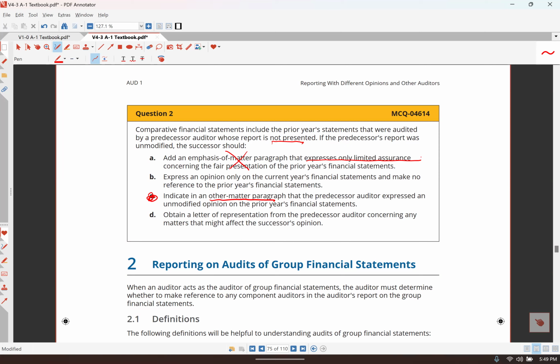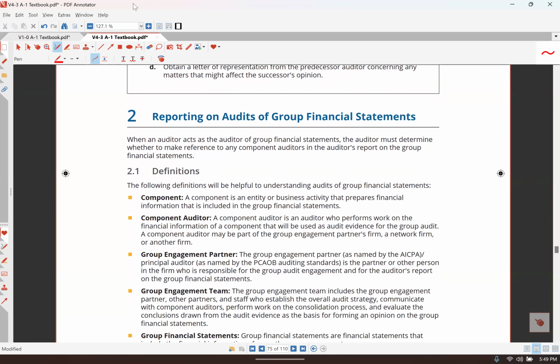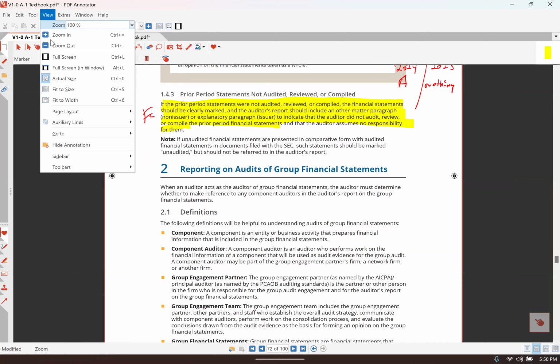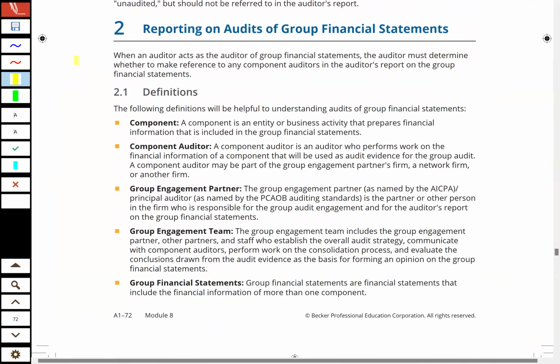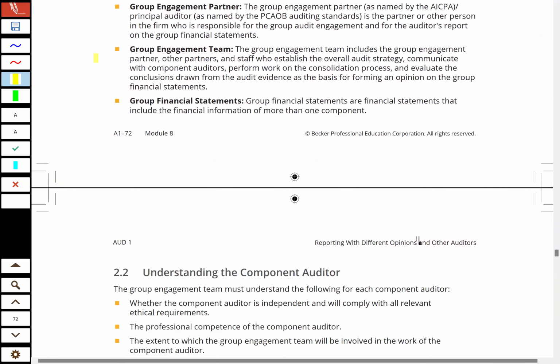Okay, good. Let's just go ahead and take a look now at group financial statements. I got to remember to go back to the main book. Okay. And let's first start out with, like I said, a picture is worth several words. So let's just kind of get ourselves a picture of what's going on here. Okay. So what happens? You have